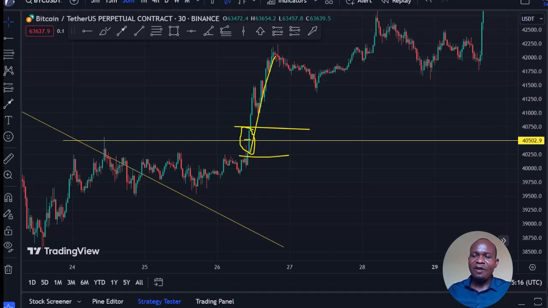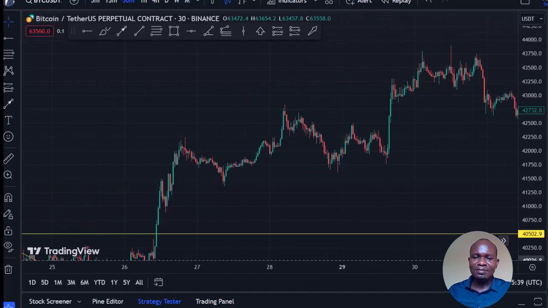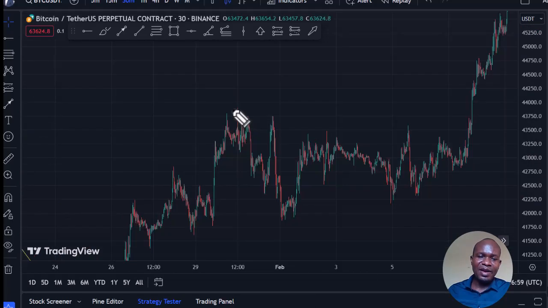But where we are focusing our attention is the next pullback, because we understand a counter trend is coming. The market will break out, and once the market breaks out at the break of it, that is your trade. It goes up, it breaks out at the break of it, that is your trade. You ride the waves as the market is breaking out. We have a stronger impulse, correction,